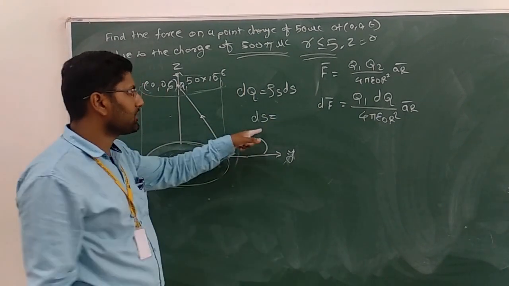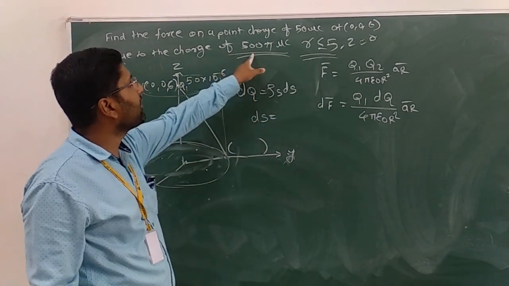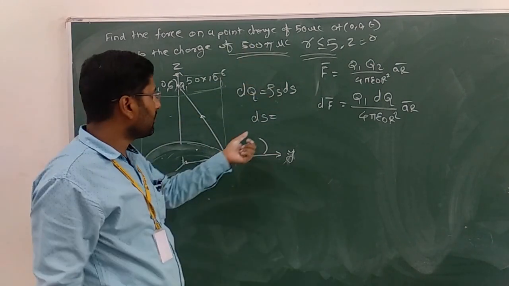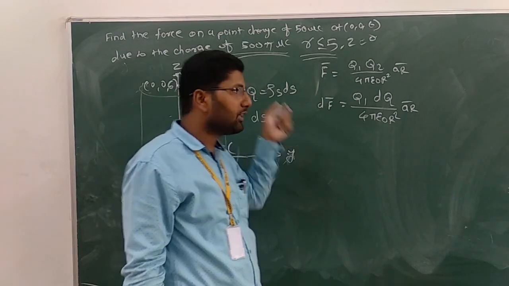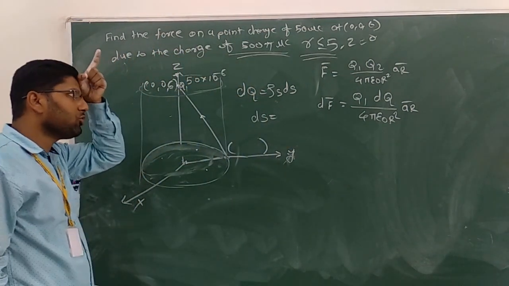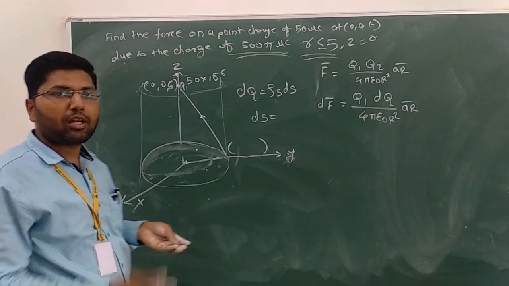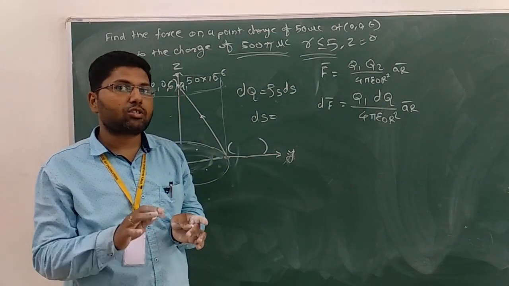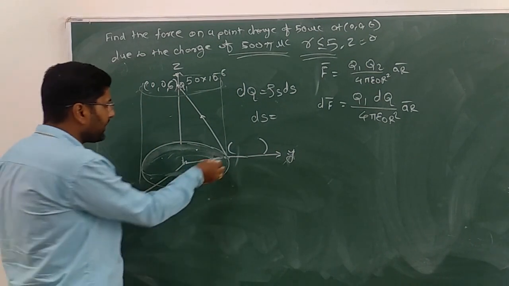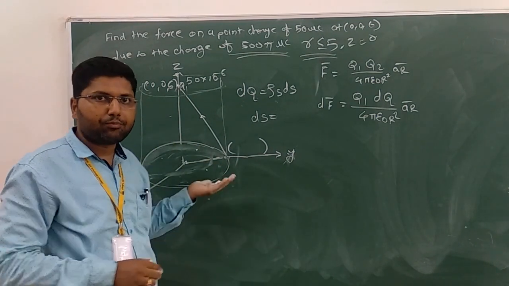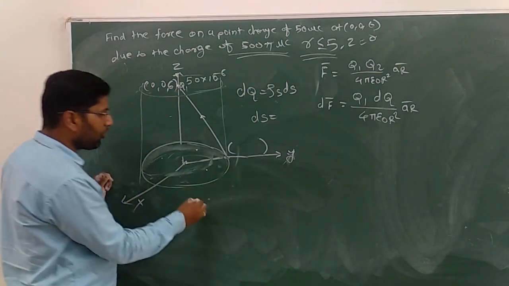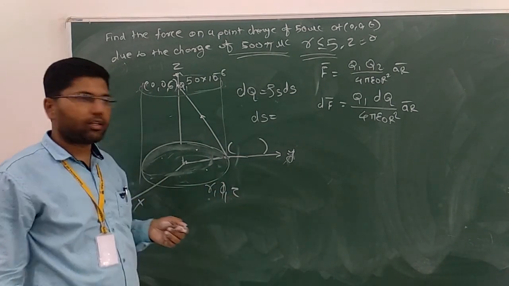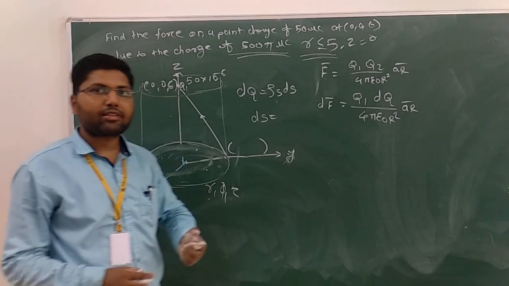Now what is ds? Rho s we know: they have given 500 pi microcoulomb, distributed all over the disk. So now we have to find out the ds. What is the procedure to find out ds? ds means the multiplication of two sides, and the third side is a constant. Now in this disk, what is constant? See carefully. There is the cylindrical coordinate system r, phi and z. What is constant in that r, phi, z? What is the radius?